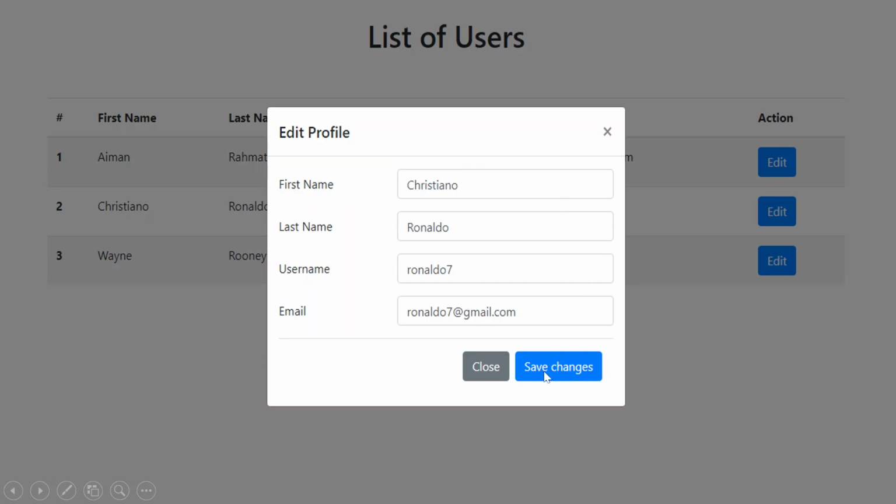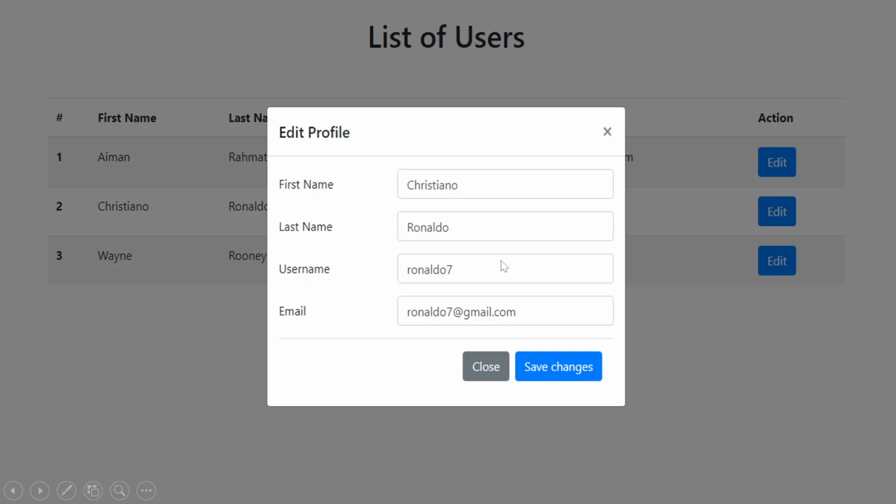And when do we use the @Output decorator? For example, if I do some edits and click on save changes, then after closing the pop-up, I have to reflect that data here by calling an endpoint in the parent component. So I have to notify the parent from the child that I have changed some data and closed the pop-up, so just refresh the data.